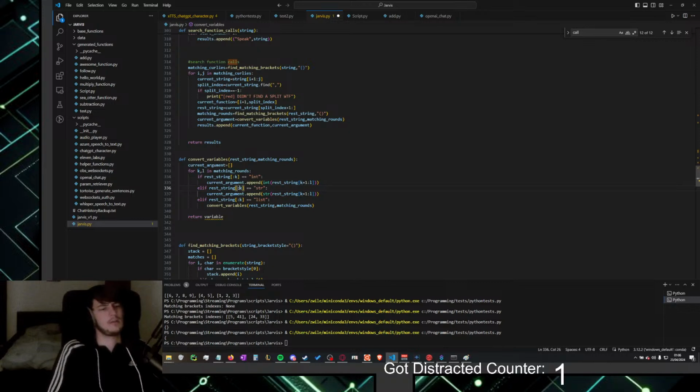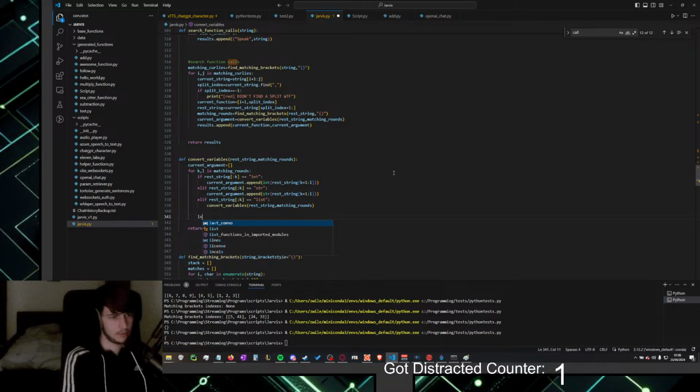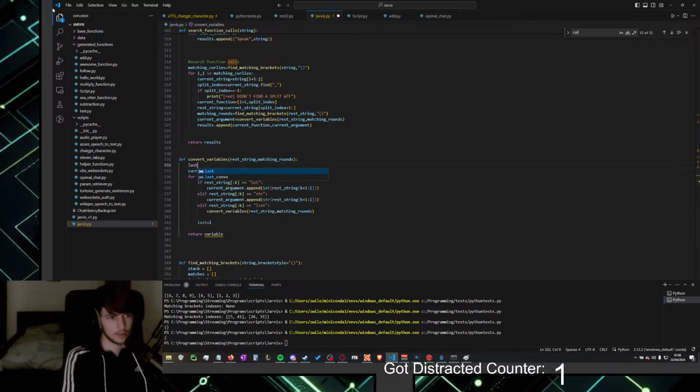I can, however, I would need a last variable here. Last is equal to L. And here we start last with 0.